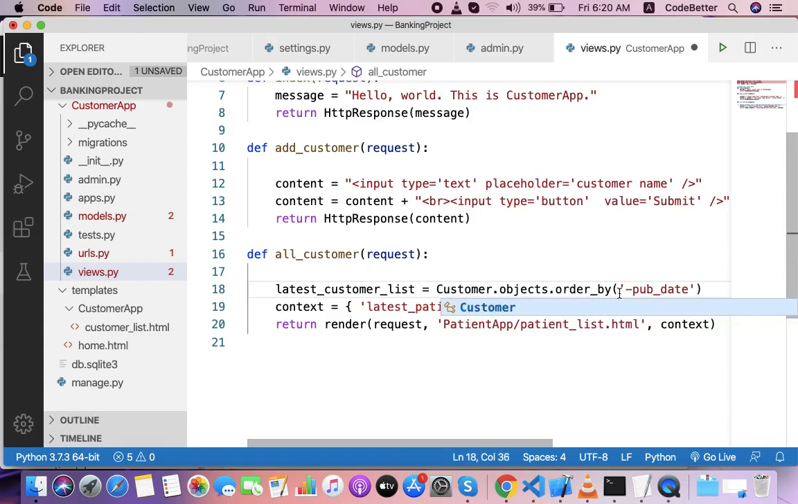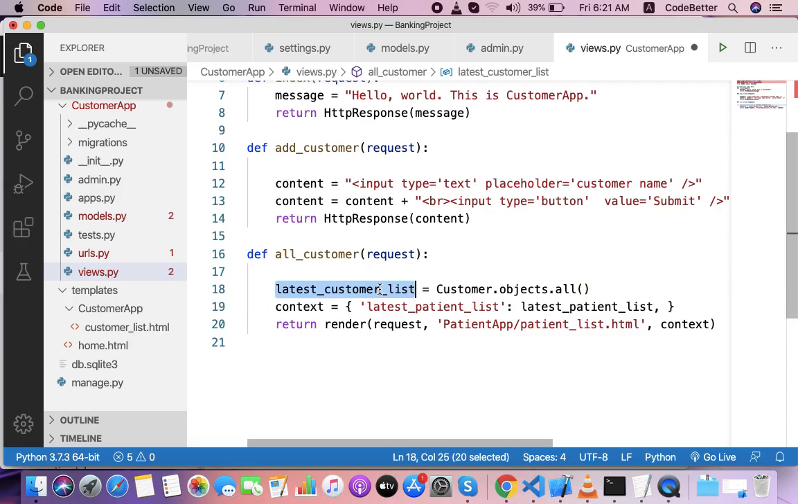In the customer model, I can fetch all the data, ordered by publication date if I have one, or I can fetch all. Then I will put this customer list, which I filled with the data fetched from the customer model, in a global context dictionary. This is nothing but a dictionary in which I have key customer list and value customer list. We pass this global object here,